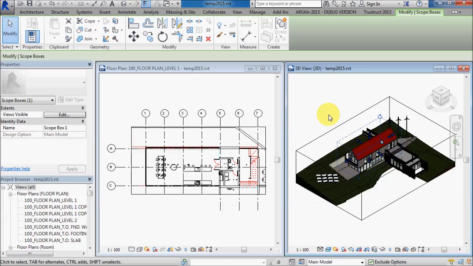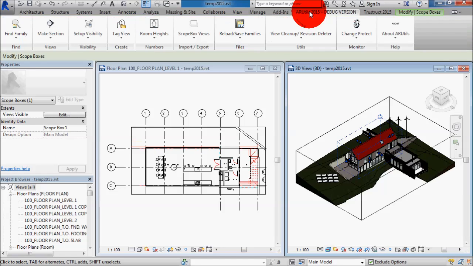Now, if you've already watched the room data and views command, you'll know how that command is able to generate all of the views that you would typically associate to a room, or to, in fact, all the rooms in your project. So it'll create the plans, reflected ceiling plans, all your elevations, 3Ds, schedules, and then put them on a sheet. With the scope box and views command in ARUtils,